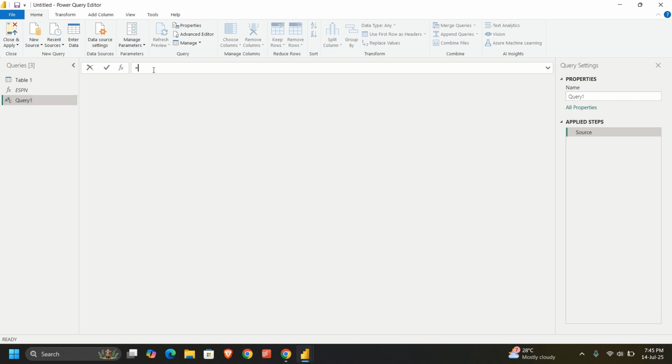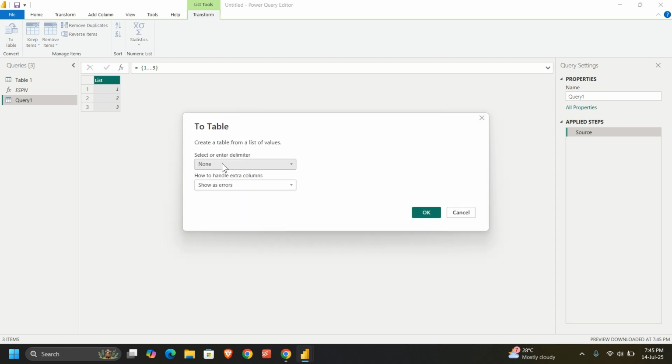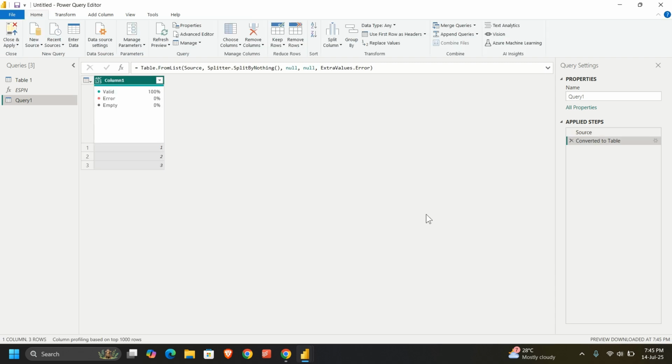Now I will simply create a set here: 1 dot dot 3, enter. This has created a list for me. Why have I used 3 here? Because I have 3 pages in my website, and I need to import the data from 3 pages. Now I'll select this list and convert it to a table, and I'll keep the options as they are.